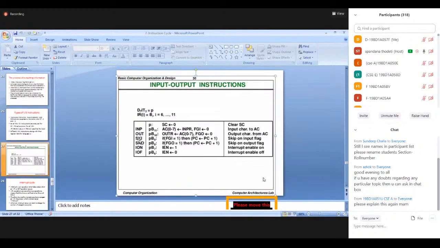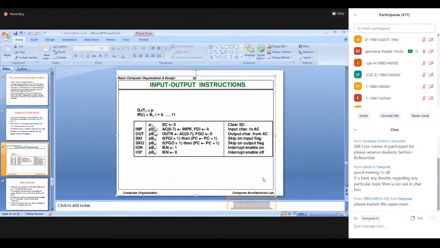Next, skip, SKI. When will this happen? You know what is a P? If the decoded value D7 is equal to 1, then either input or output instruction is executed. That is dependent on whether it is input or register reference instruction. That depends on the ith bit. If ith bit value equal to 1, then it is an input output instruction. It is executed at T3. So your P is common for all the IO instructions, D7, I, T3.